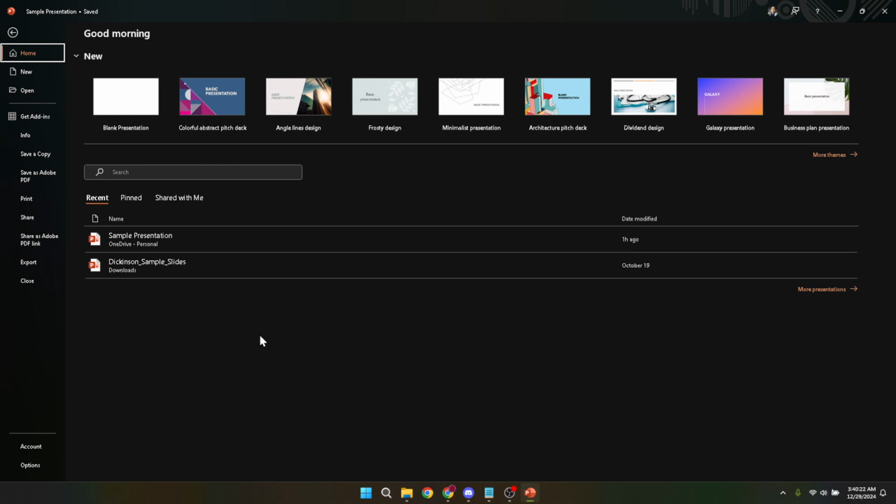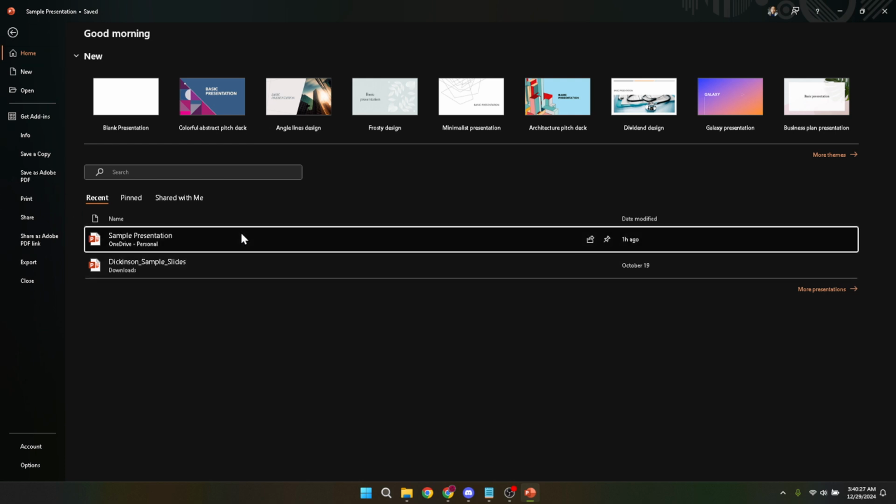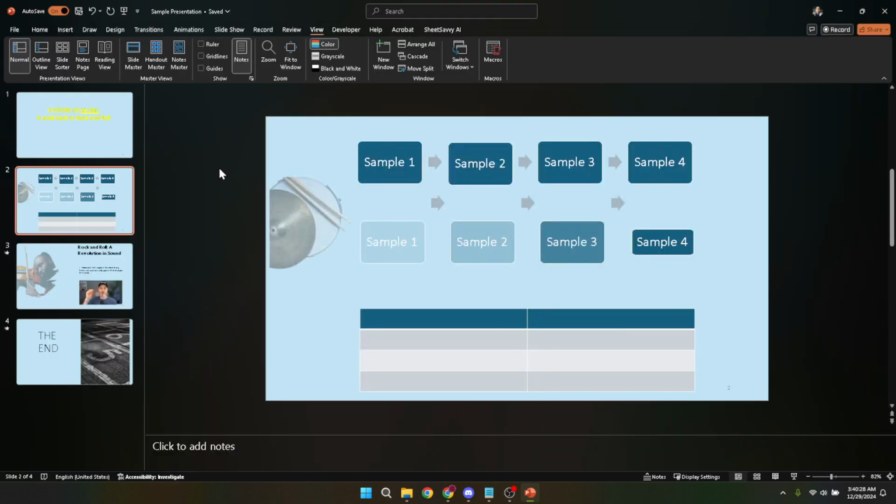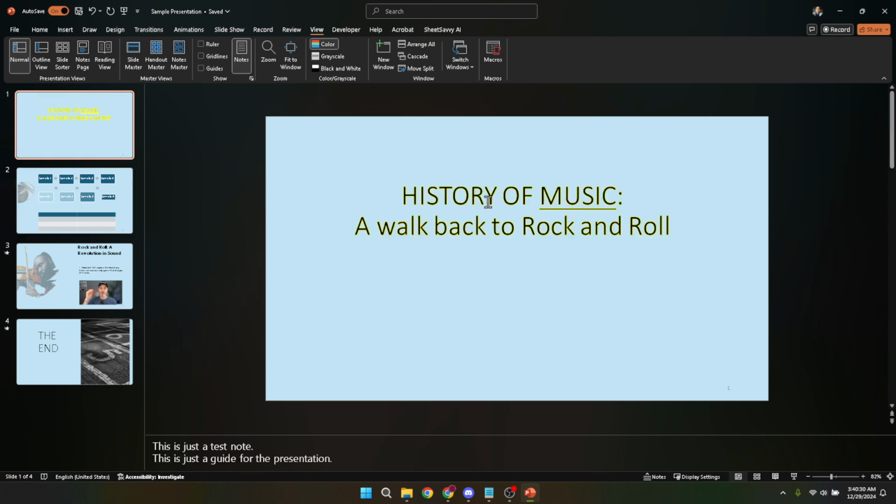Once your file is open, and you've navigated to the slide with the text you wish to translate, the real magic begins. The first thing you'll do here is click on the text box containing the text in question. This action selects the text, indicating to PowerPoint what you want to translate. It's a simple click, but it's your gateway to a world of languages.